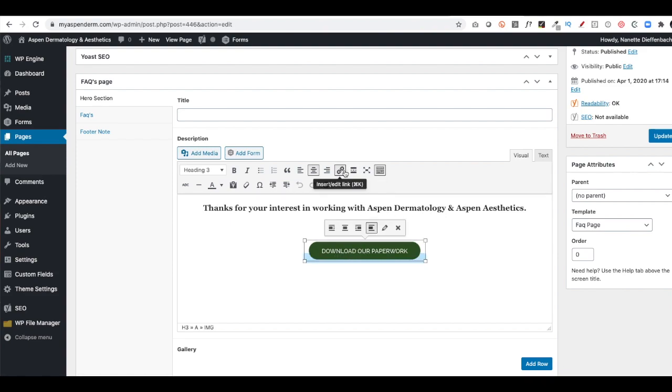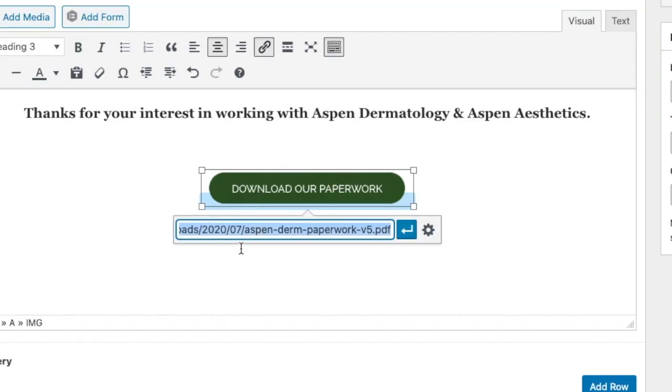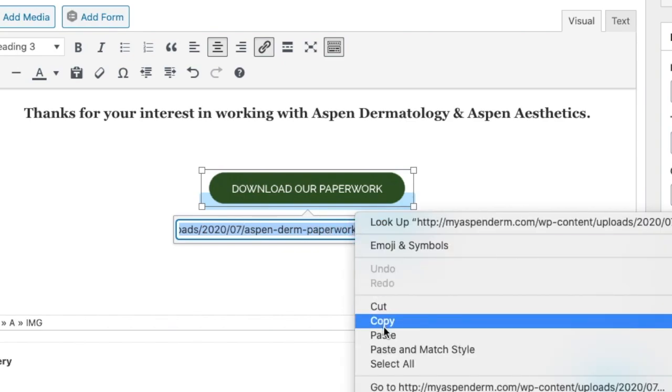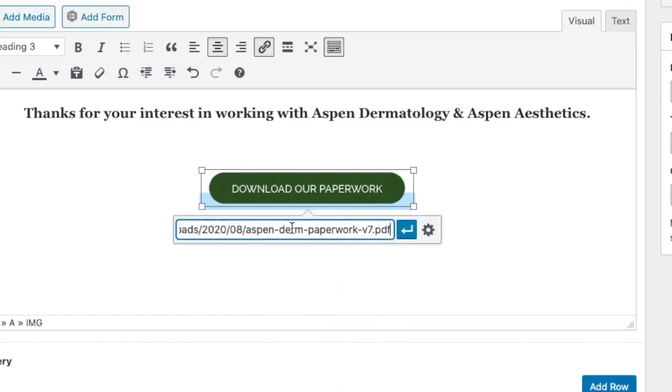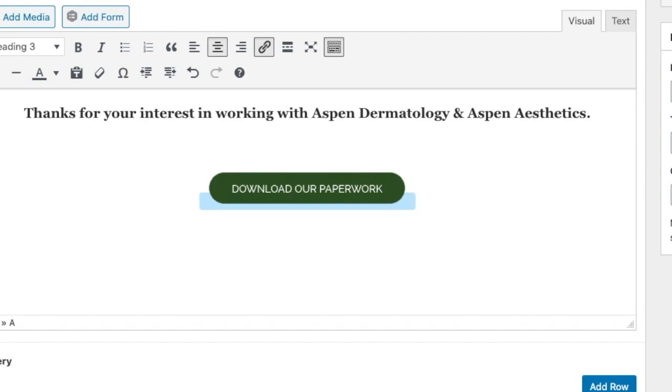There's the download our paperwork. This is actually a link, that image. So I'm going to click on this Insert Edit Link. You'll see there that there's a URL already there. I'm just going to right click on that and then click Paste. And that's going to show a new document. And then I'm going to click on that, I'm going to click the arrow to apply it, and then click